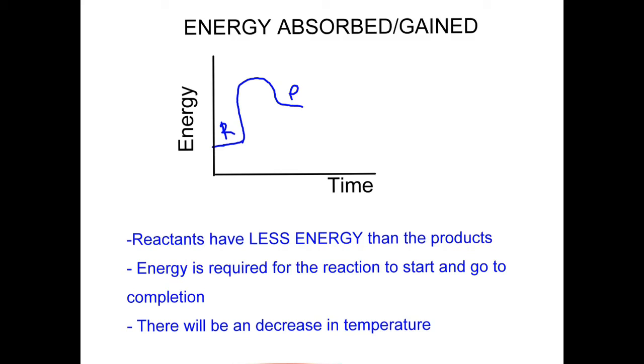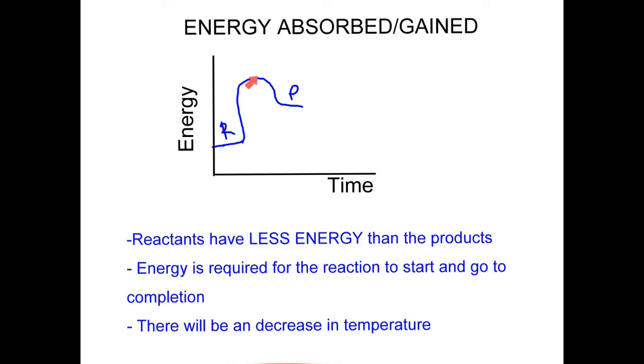Now let's take a look at what happens when energy is absorbed or gained. And I'm sorry this is a little short. Try and extend it out in your notes. Again, just like in the previous example, there has to be an amount of activation energy. It always happens. Something has to be placed into that reaction for it to happen. And then those reactants start to combine and recombine and react together,